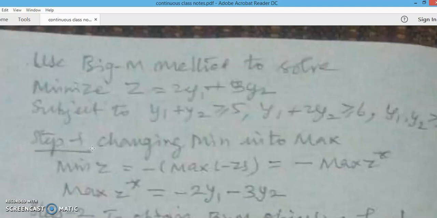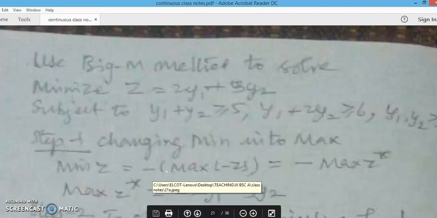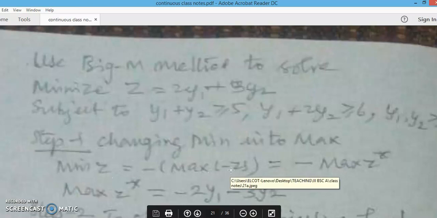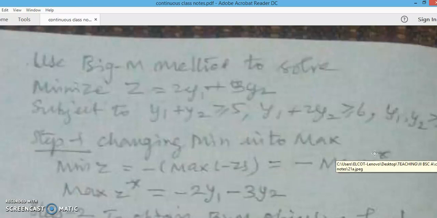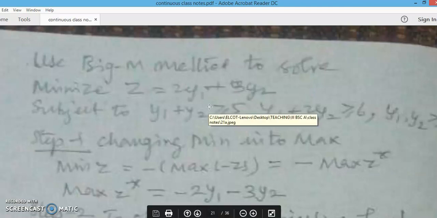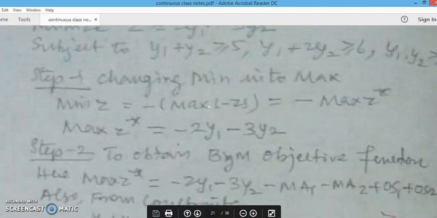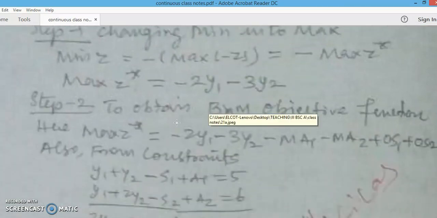Okay. Step 1, changing minimization to maximization. We know already: minimize z equals minus of maximum of minus z. Maximum z star is equal to minus y1 minus 3y2. Okay. Now, step 2, to obtain the